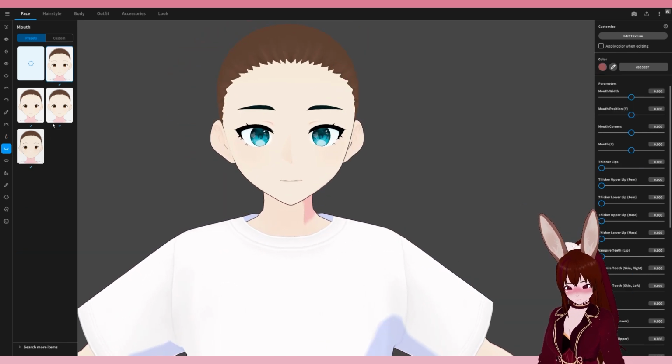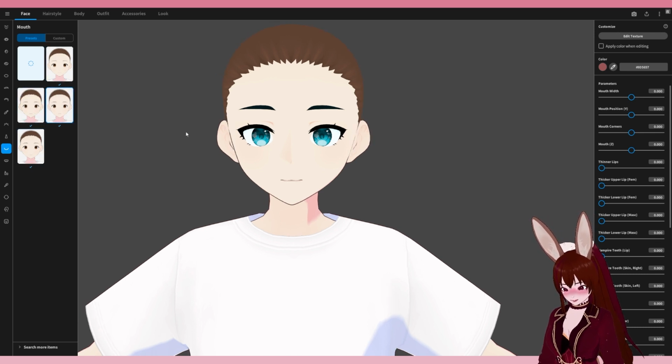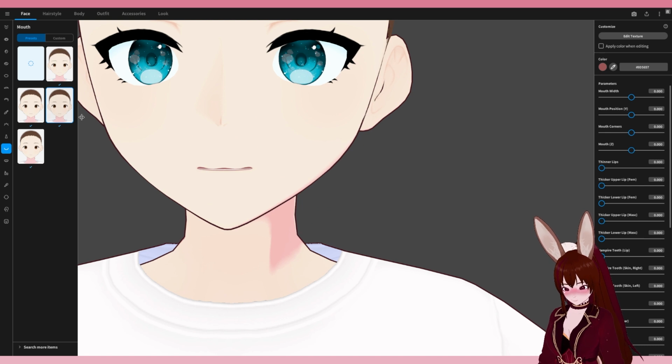Under mouth, we can also select a mouth type. This is not like a lipstick. This is the mouth line. This one here is more of a cat shape. But I'm just gonna go with